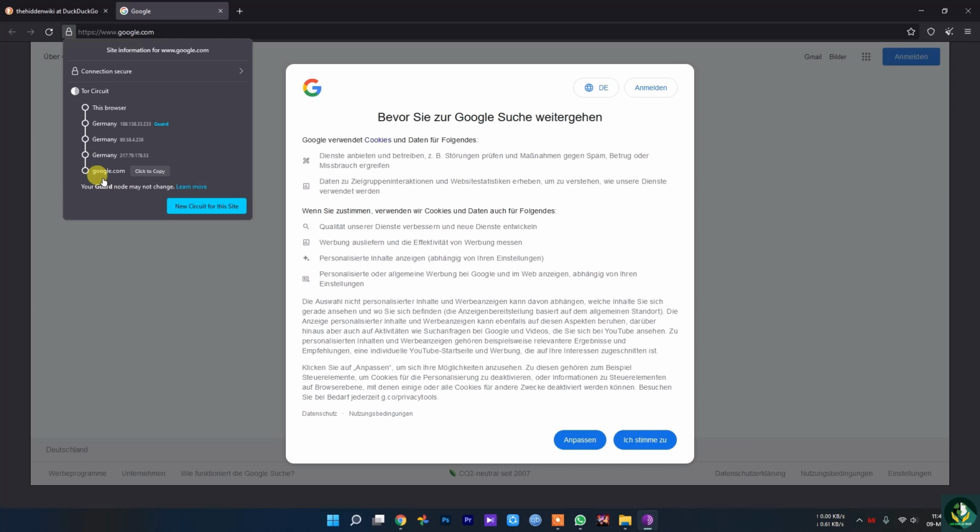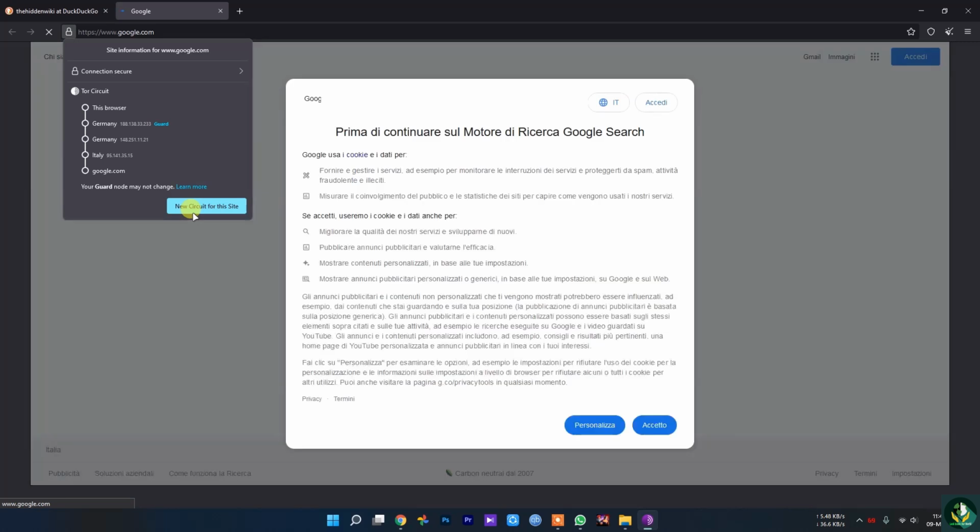So we are showing you the chain of node connections that the browser is taking to finally access the internet, which is why you will find sometimes the connection is slightly slower in the Tor browser, because it's coming through various nodes. That's why it takes some time to load any web pages. Again, you can create a new identity by just clicking this, and it is going to give you a new IP address.